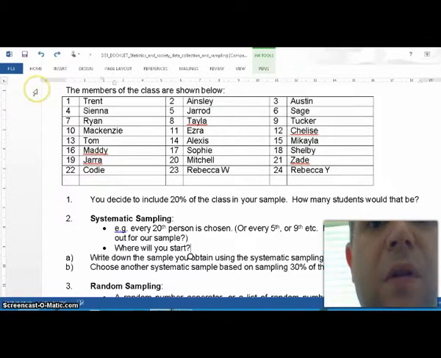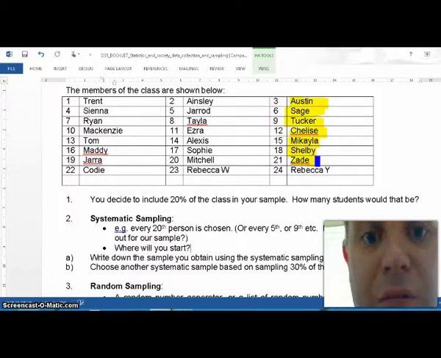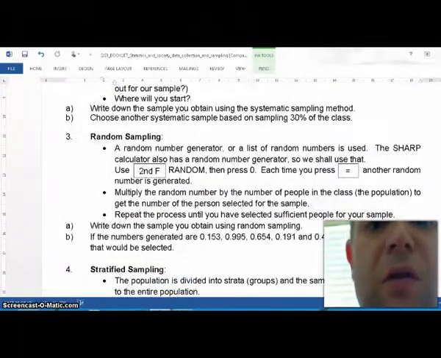time. We've got Austin, Paige, Tucker, Shalise, Michaela, Shelby, Zaid, and that makes our 7. We're just going to skip Rebecca because otherwise we'd be taking too many people. And that's our systematic sample. We could do a random